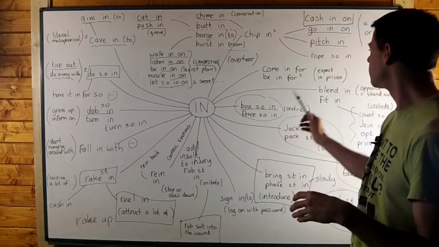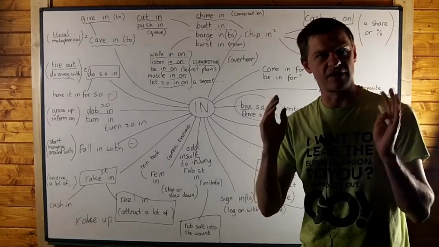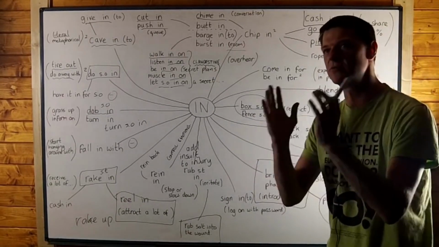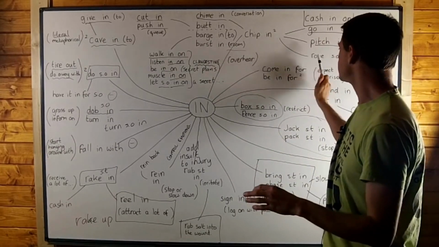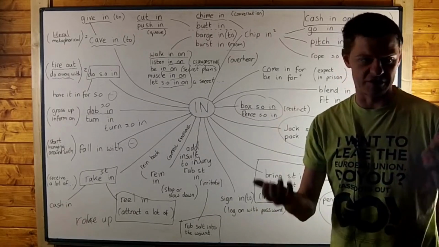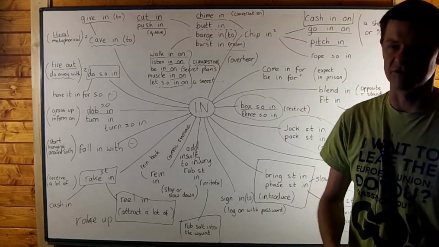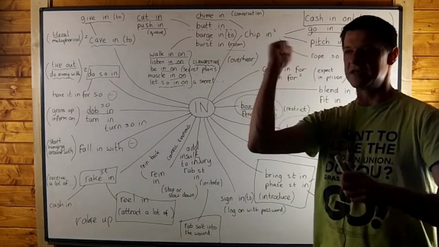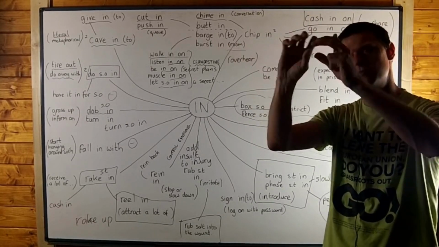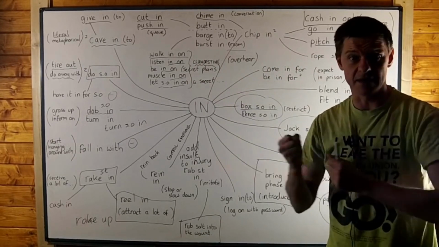And there was one which is quite similar, but not exactly the same. If you need someone to help you with something, you may need to rope someone in. So let's say you don't have enough players for your football team, and so you decide to rope in a friend of yours. It's a lasso phrasal verb, this. I don't know if you know what a lasso is, but it's a rope with a hole at the end that the cowboys would use for roping in the cattle.